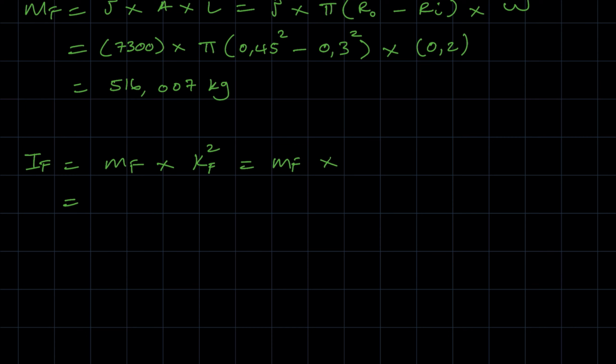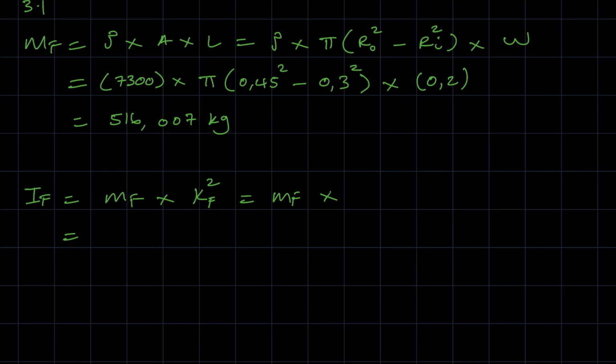So this will be mf times k squared, the radius of gyration squared. How do we get it for a circular part? All you do is take how we calculate the area of that part, and simply replace pi with half. Seeing that this is hollow, hence the minus when calculating the cross-sectional area, we replace the pi with 0.5 and replace the negative sign with a plus. So here you will have half into RO squared remains exactly as it is, but this is now plus